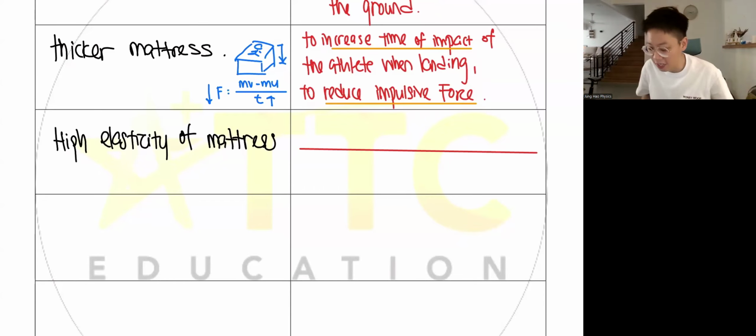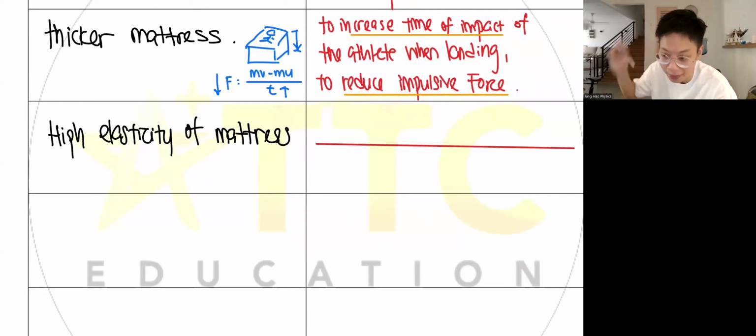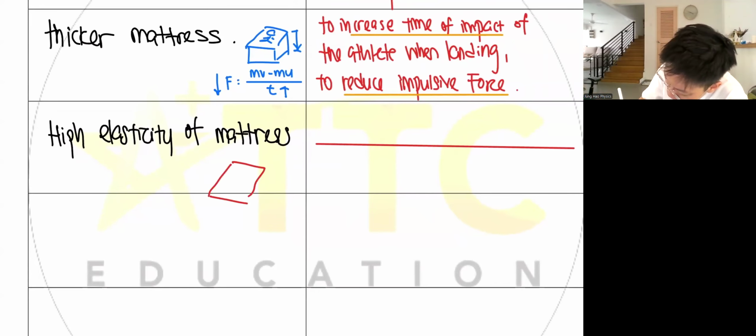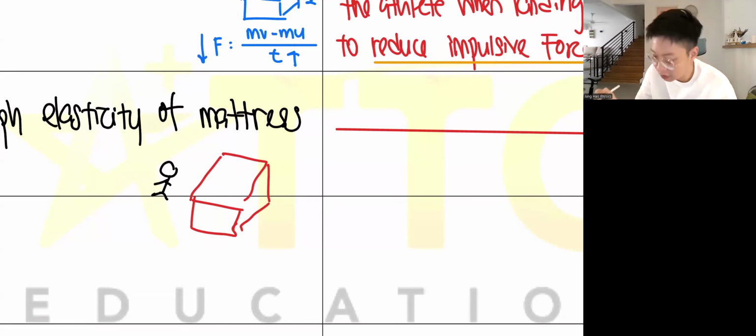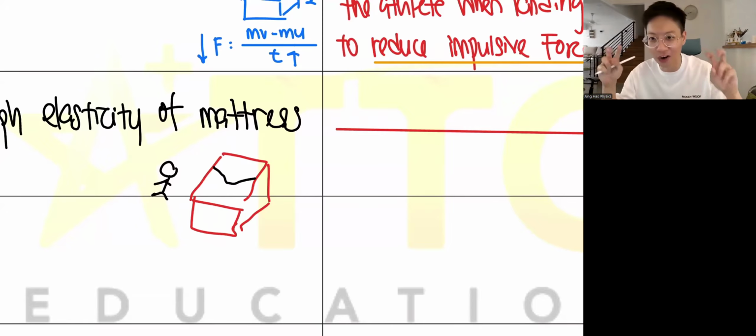So for example, imagine if your bed, the mattress that you sleep on, is like this one. When you lie on the mattress, after you wake up, because your mattress is not elastic, your mattress will sink in like that. Like your mattress will literally just sink in like that. Would you enjoy this mattress?